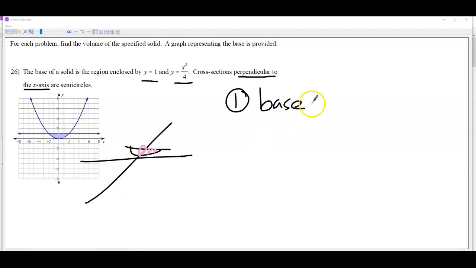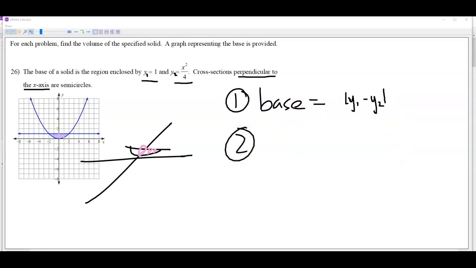And that base is equal to y1 minus y2, where I'm going to call this one y1 and I'm going to call this one y2. And just in case you're not watching me do every problem, when you do this, technically you would want to make sure that the one that's on top comes first, and that is y1. So it's y1 minus y2, not y2 minus y1. But I've also told you, since we're doing this on our calculator, we can kind of avoid the problem by just putting absolute value bars on them, and it doesn't matter at all. So there's my base, and now we're going to move on to step 2,